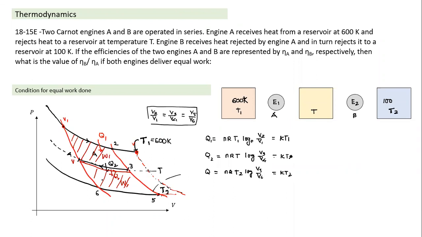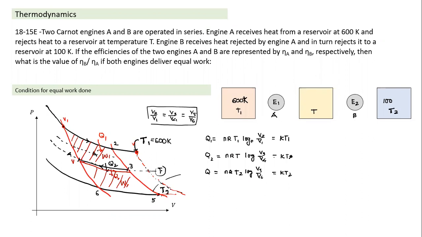So I discussed various variations: how the heat drawn may change, how the work done may change, what the effect of the compression ratio is, what the effect of change of gas is, and what the effect of splitting into two intermediate ranges is. Suppose this intermediate T is higher, what will happen? The whole curve will shift upwards. If T is higher, the work done by the first engine will be much smaller compared to the second engine. So you understand the effect of the choice of T here.